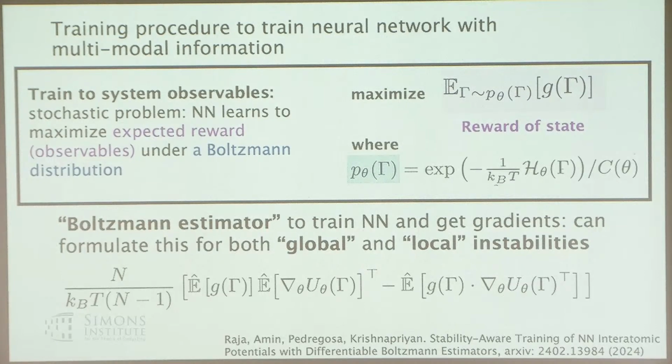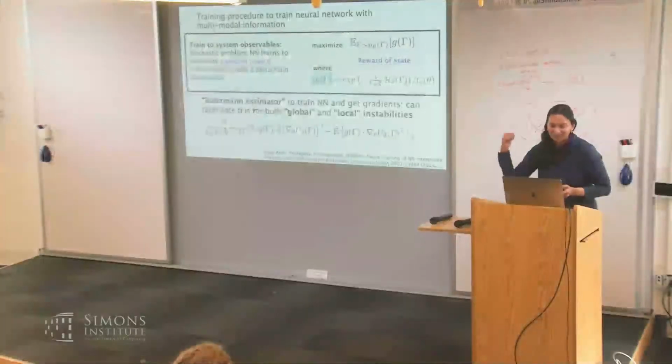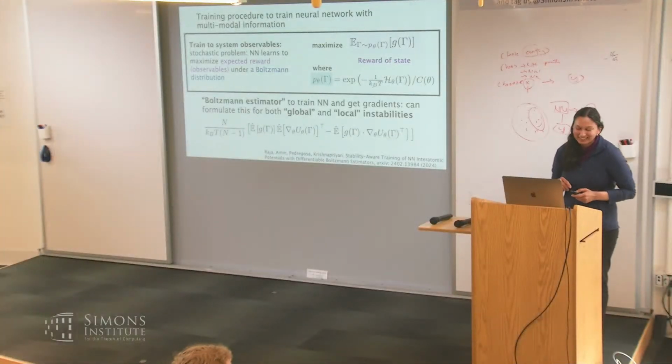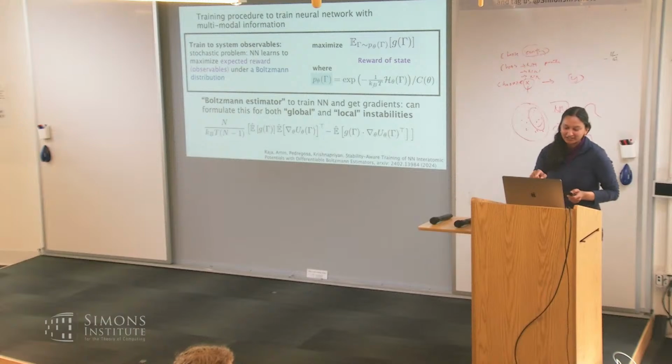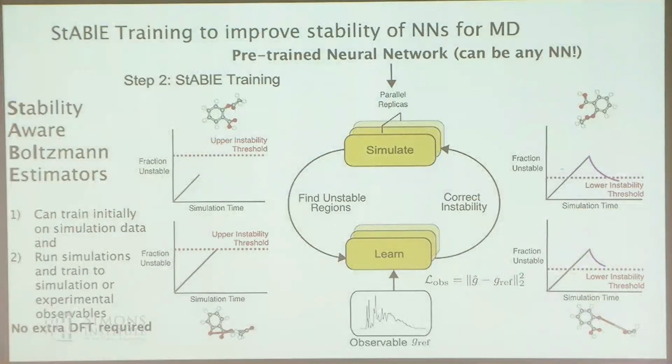Does that mean that's a typo? Yeah, sorry. It's not G of gamma. It should be the mean squared error between G of gamma and a target value. Yeah, you want to minimize that. Yeah, exactly, that's the thing that you're minimizing, but it's the opposite of you want to maximize that you will reach that state.